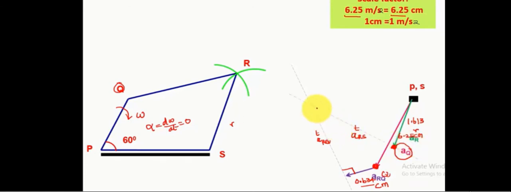So that length you will get for the tangential component and two resultants will be marked like that. So those will be the resultant accelerations, but we need not know the resultant acceleration for now, but we are finding it out anyway from the diagram. So that will be ARS, sorry, and that one will be ARQ. That means true acceleration, resultant of tangential and radial. But we are not concerned about that in this question. But still, if you ask what is the true acceleration of the links, you can find out. And the true acceleration of the crank will be same as the first acceleration because there is no tangential component. Radial component will be same as the acceleration. I hope this makes it clear how to draw the acceleration diagram.